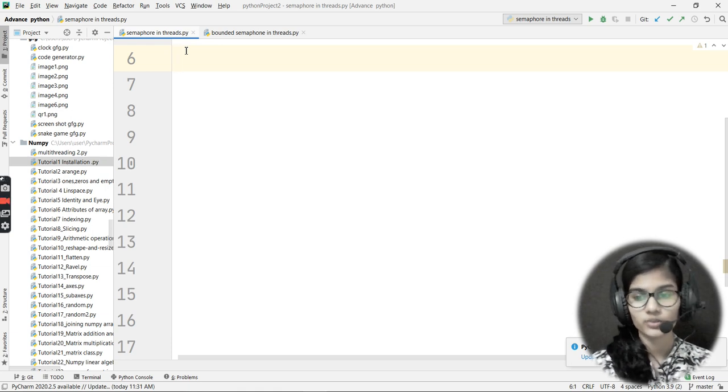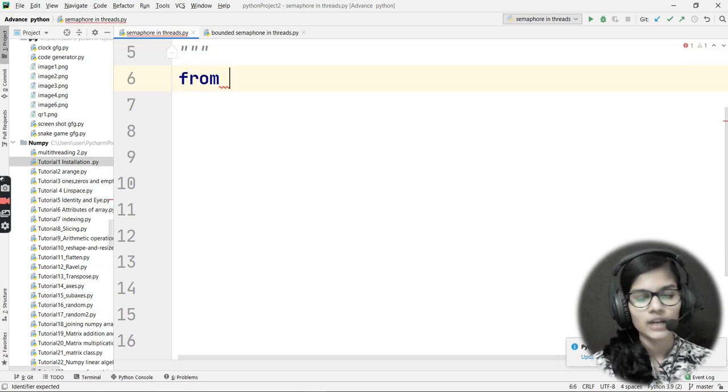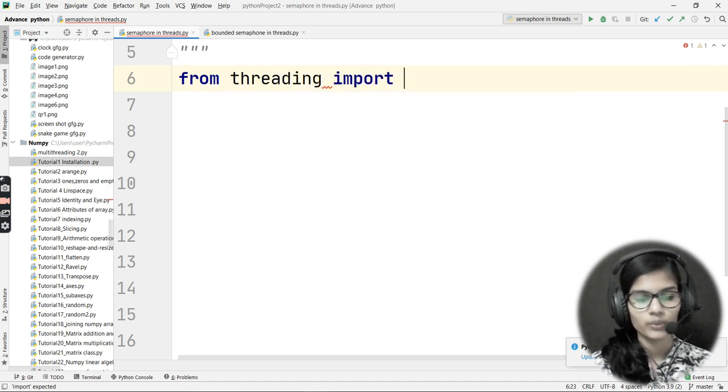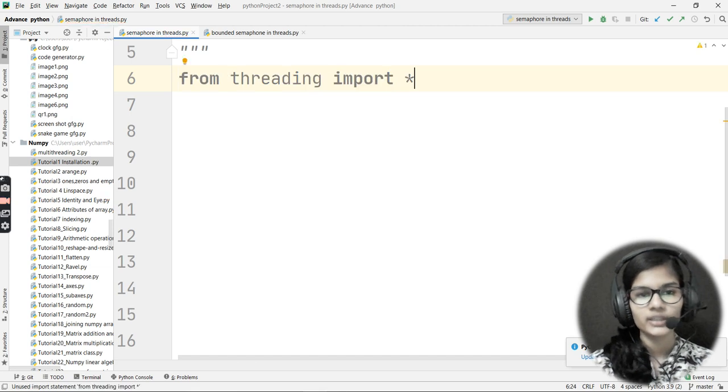So we all know that whenever we want to make a thread, we import the threading module, right? Here I'm using a different technique for that. I'm writing from threading import asterisk. This means that from the threading module, I am trying to import all of the functions, basically all the functions which I have in the threading module.